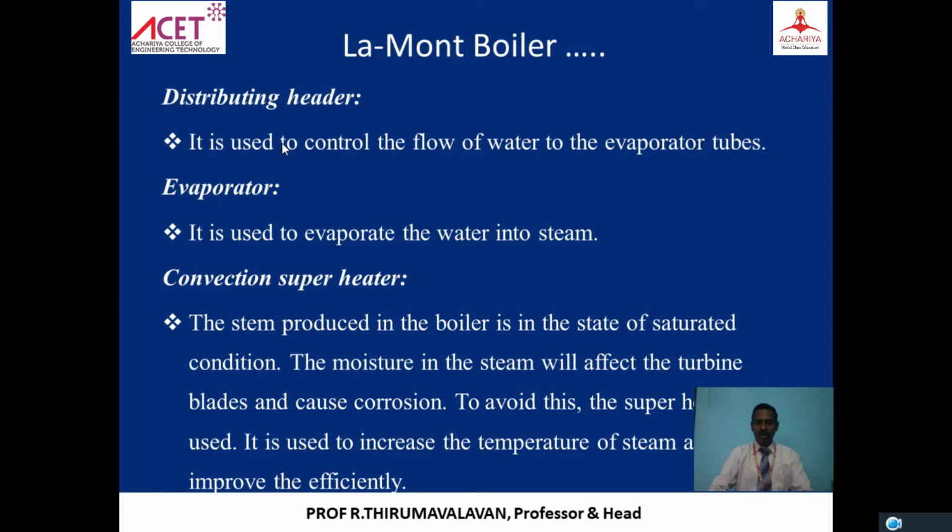Convection superheater. There are 3 types of heat transfer: conduction, convection, radiation. This superheater works by convection. Convection means the momentum of molecules. This type of superheater avoids corrosion. It increases the temperature more efficiently compared to the conduction superheater. Convection is better because of direct contact. Because the molecule movements are there, wet steam is easily converted to superheated steam in the convection superheater.